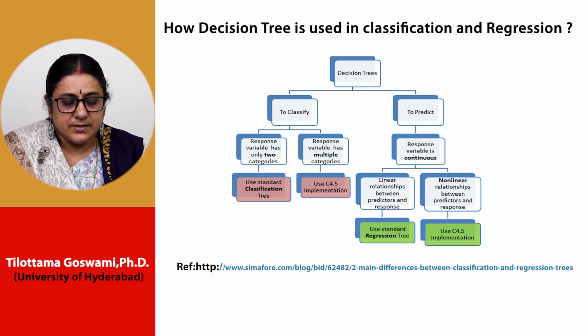For regression, the response variable is continuous, and then there are 2 such cases: where a linear relationship exists between predictors and response, and another condition is a non-linear relation between predictors and response. Depending on these conditions, either we use the standard regression tree or the C4.5 variant of the